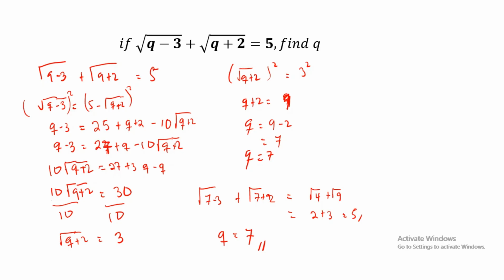Q is 7. So after solving any question in this form and you have your answers, let's say you have x1, x2, you need to put them back into the expression to check if they actually satisfy the expression. The one that satisfies is a solution. The one that does not satisfy is not a solution. In this case, q equal to 7 satisfies the equation. Therefore, it is a solution to this equation. So let's move